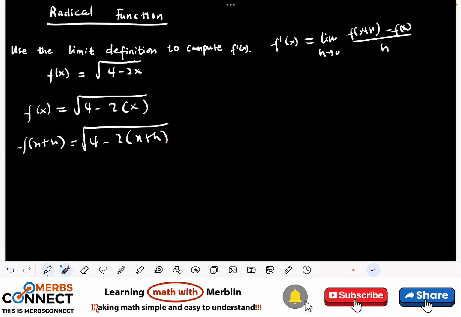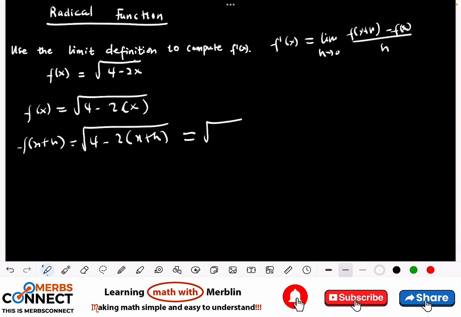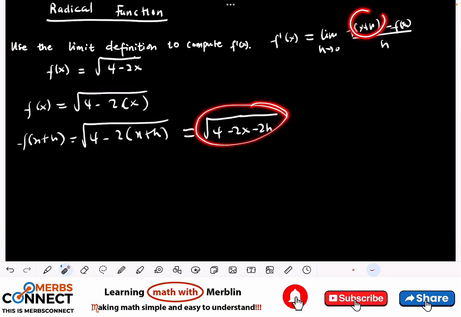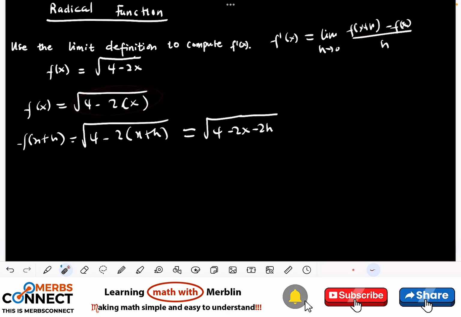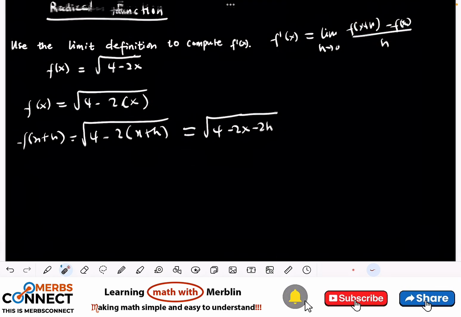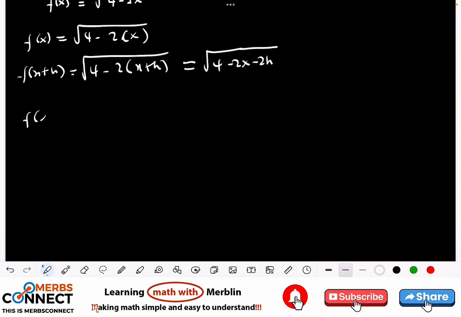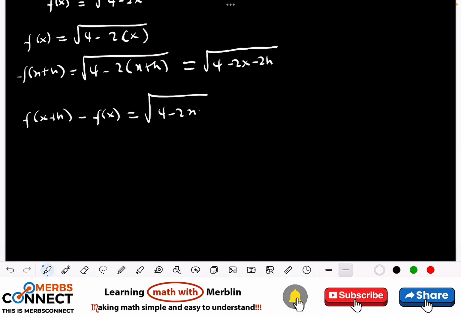Wow. So now what can we do? We can simplify this, and we are going to have 4 minus 2x minus 2h. As I said, instead of putting this minus this, we are going to pick the top, simplify, then put the final results there. So let's go through that. Now f of x plus h minus f of x will be equal to the root of 4 minus 2x minus 2h